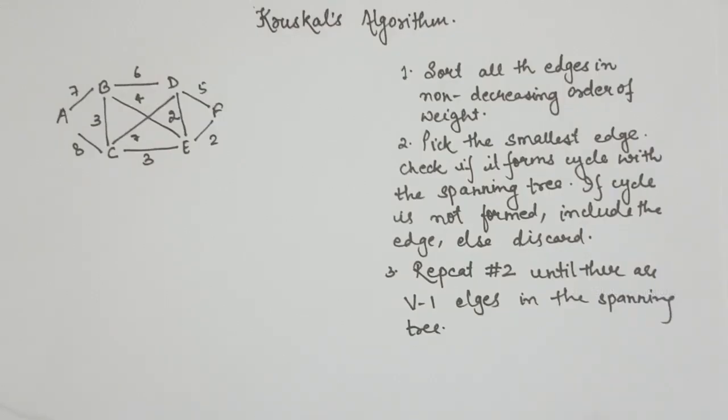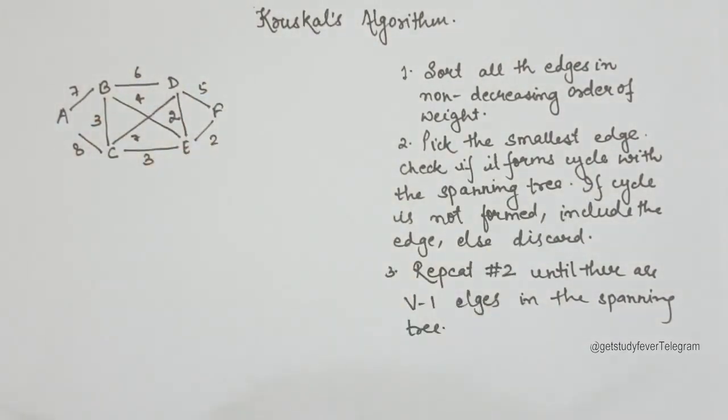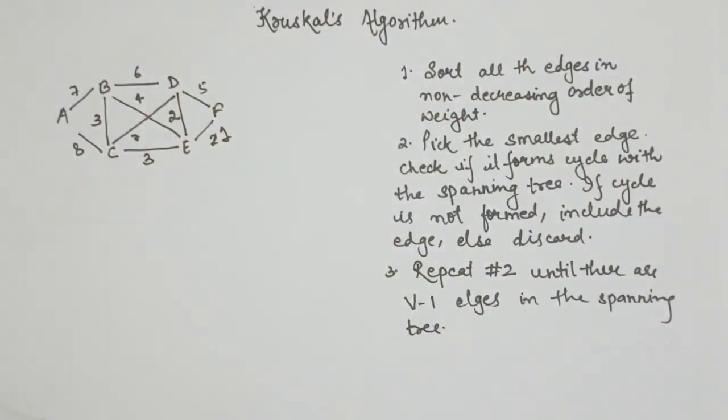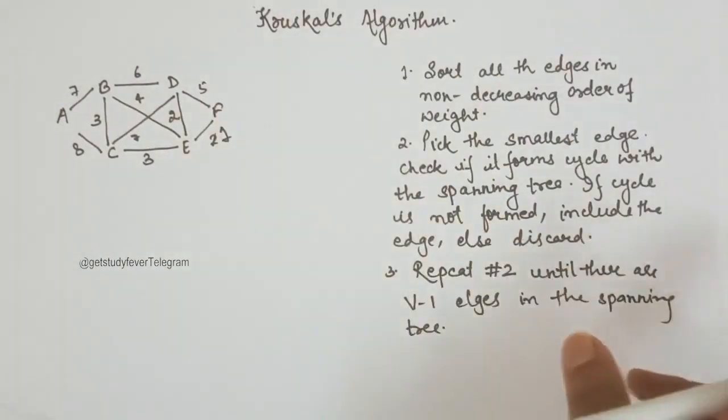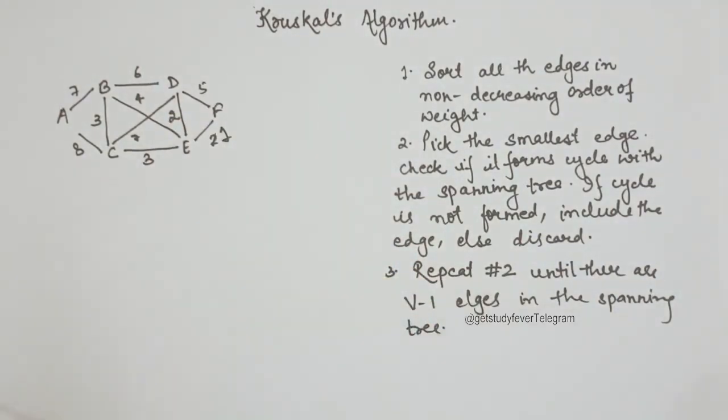Next, let's try to understand Kruskal's algorithm. In case we have all the edges as unique, let's say all the edges have unique weights, in that case, the minimum spanning tree from Kruskal's as well as Prim's will be same. But in case they have identical edge weights, which was the case here, it might happen that the spanning trees differ in case of both the algorithms.